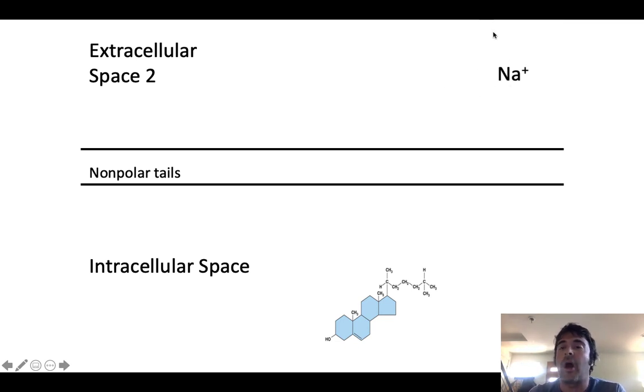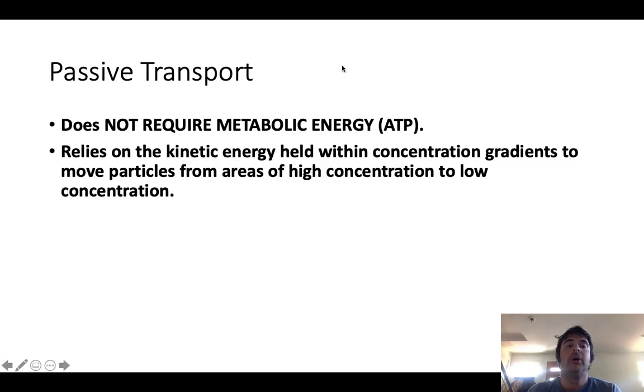So sodium chloride is your most important non-penetrant solute. Now, passive transport mechanisms are transport mechanisms that do not require metabolic energy in the form of ATP. It relies on the kinetic energy held within concentration gradients. So when solute particles have a differential distribution, meaning that there are high concentrations of solute in one area and low concentrations of solute in another area, solute particles will move from areas of high to low concentration just based